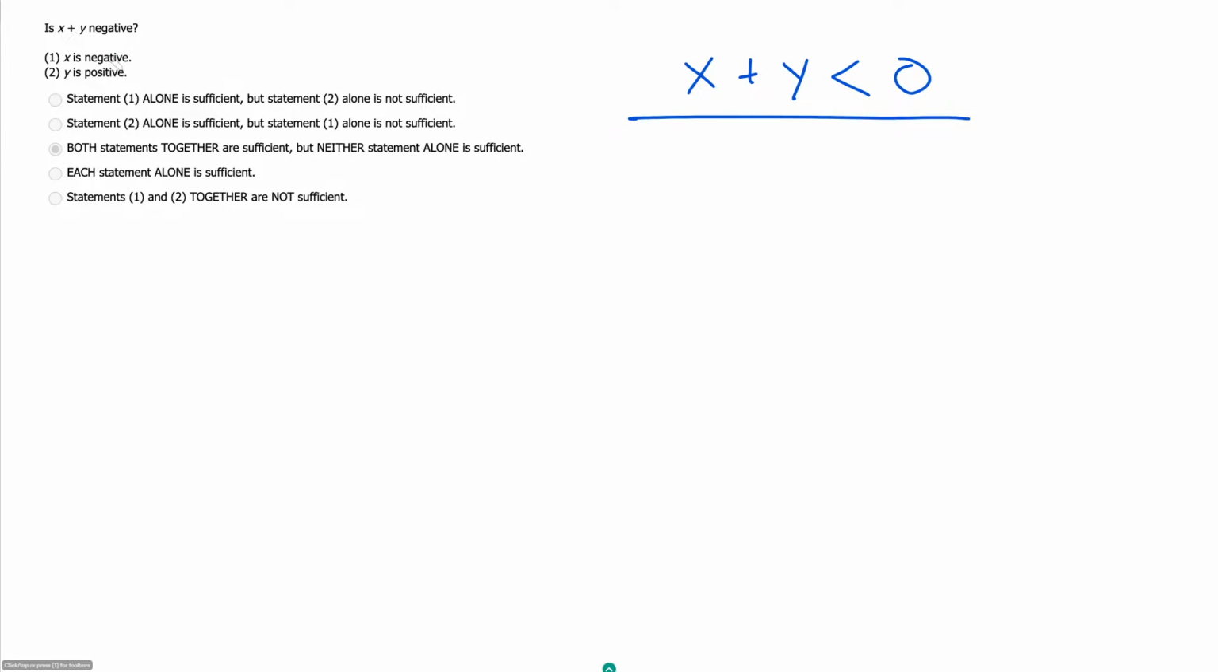here, because from our statements, we're not going to be given any values for x or y. And so if we want to determine if x plus y is less than 0, there's really 4 options, right? Because either x and y are both going to be positive, or x will be positive and y will be negative, x will be negative and y will be positive, or they will both be negative. And so we can see that if we know